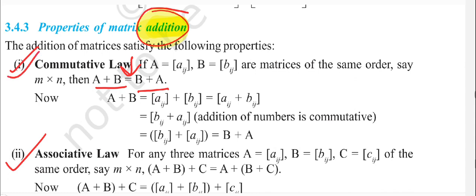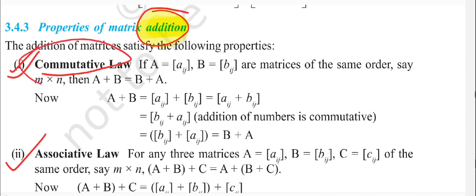This is what this property says. Actually, all these properties are very important from the CUET point of view. In CUET they can simply ask you whether the law of commutativity holds in case of matrix addition or not. A lot of students miss these properties and consider them not very important. So you need to be very attentive here, these properties are very important, and they also have good applications further. So coming back to the commutativity law, what does it say?